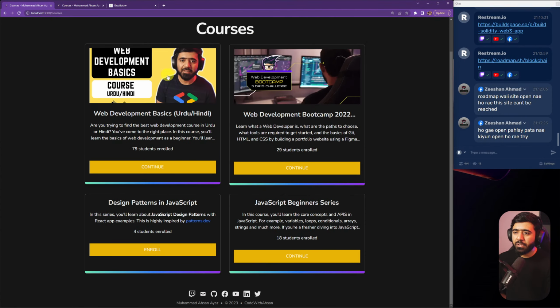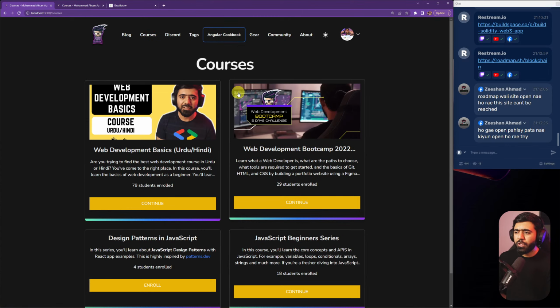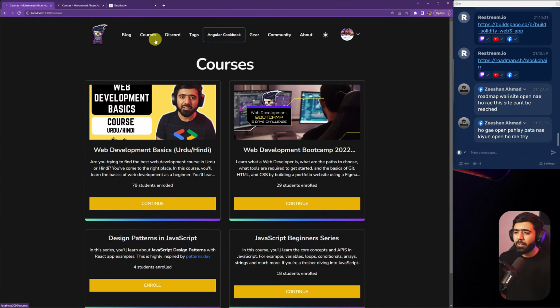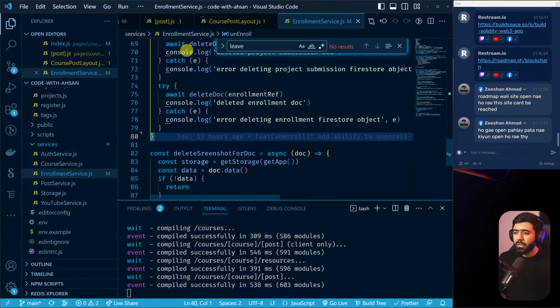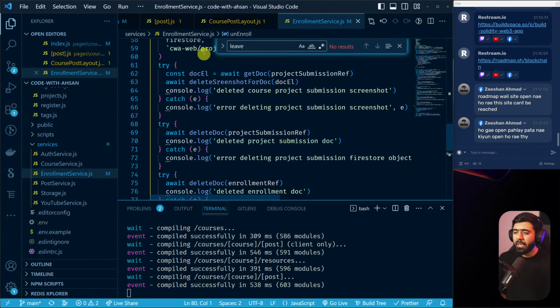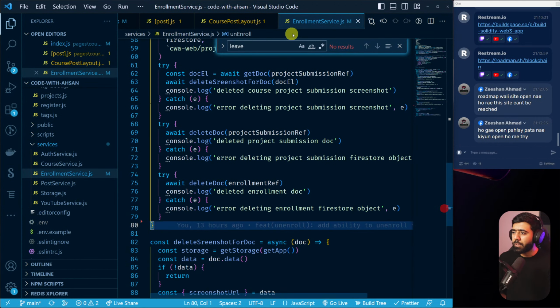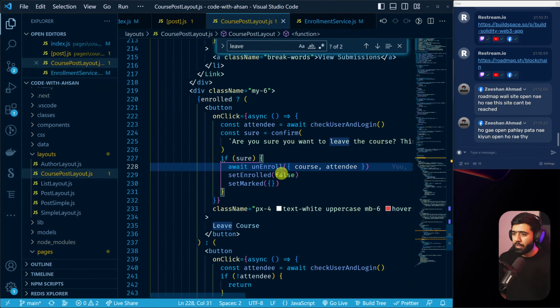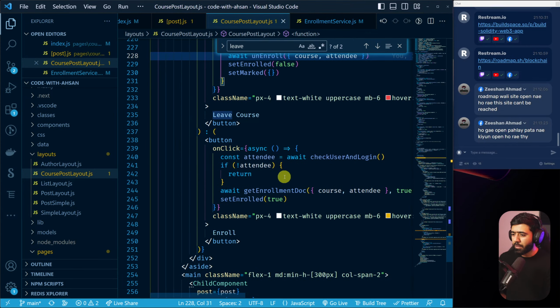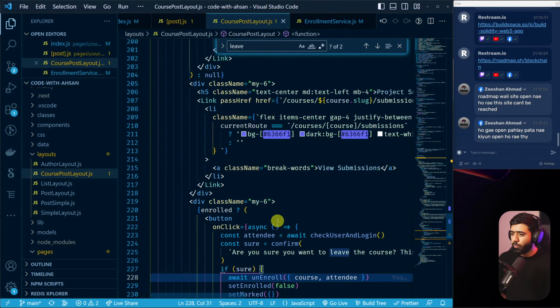So yeah, let's try to do this. I'm not really sure why we are doing it in two different ways, but yeah, let's see what we can come up with. So right now, the course post layout that I have, I think that's the one that I'm using right now. Or we do have,